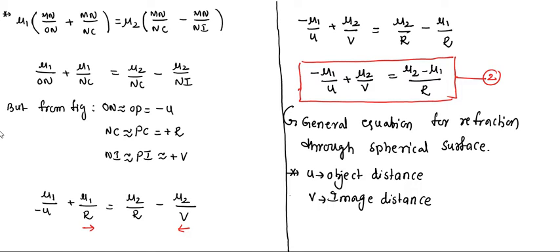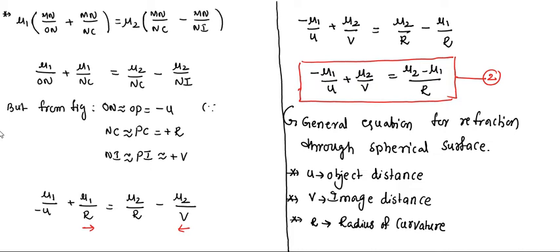From where to where is the distance said to be the image distance? Image to pole. And R is the radius of curvature of the spherical surface. Radius of curvature, from where to where is it the distance? It is the distance of the center of curvature from the pole. Every distance is measured from the pole according to the sign convention.